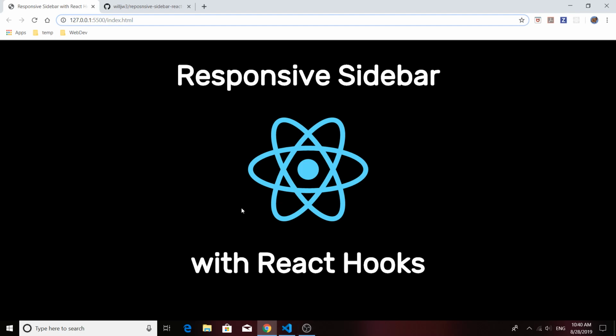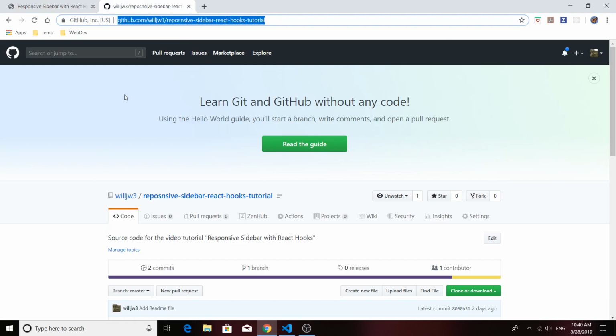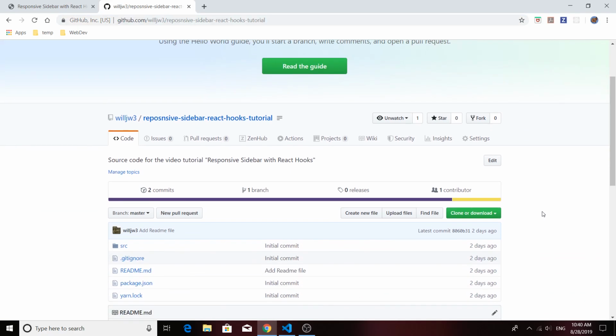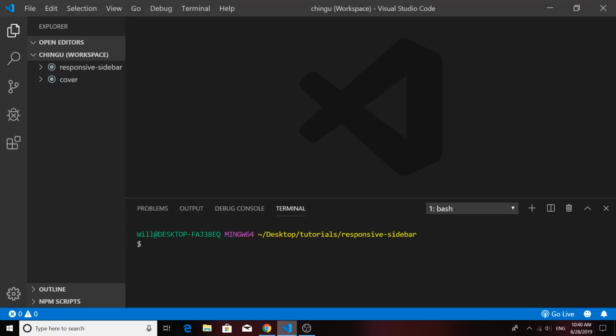Anyway, let's get started. So I've provided a link to the repository for this tutorial. You can find it at this URL. It's in my GitHub. So that link will be in the description below. Once you go there, clone the repository. And if you haven't cloned a repository before, you just click clone or download, copy the link, go into your editor of choice,